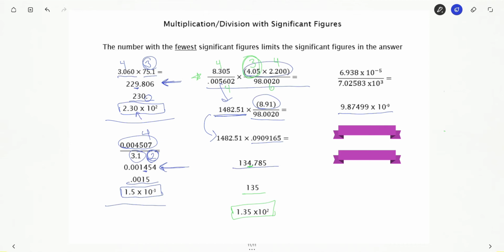So I need to decide, again, how many sig figs I actually need for that. So I go back to my original equation and I see that I have 4 sig figs up here, and in my denominator I have 1, 2, 3, 4, 5, 6 sig figs down here. So my 4 sig figs is going to limit me. I need 4 sig figs, so I'm going to round to this place right here, and bam, here is my